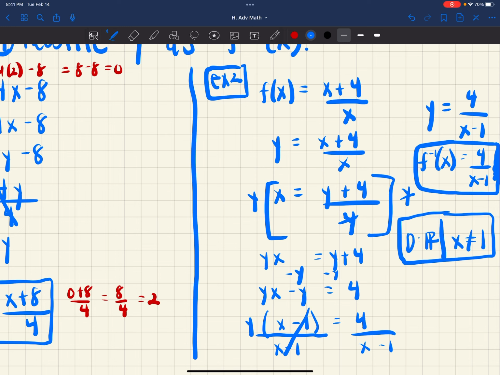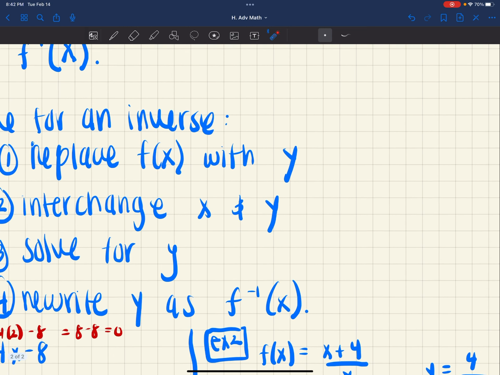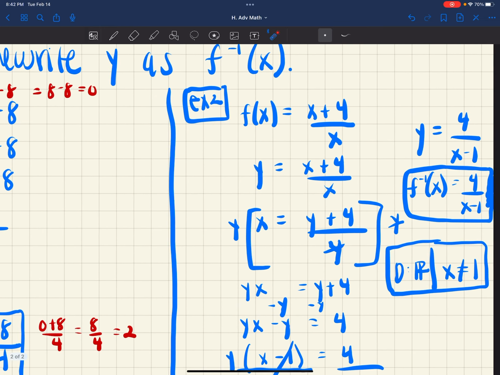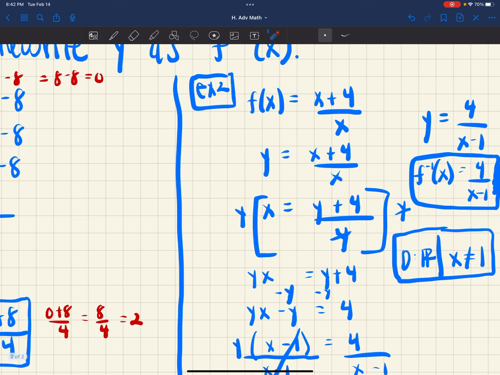inverse functions. Another property of inverse functions is that pretty much the domain of the original becomes the range of the inverse, and then the domain of the inverse is the range of the original. So that's another special property between functions and their inverses. Their domain and their range get swapped, which if you think about it in the mapping that I did earlier, you notice there that your domains become your ranges and your ranges become your domains in inverse functions and their original functions. All right, so that is how you solve for an inverse algebraically and how you restrict the domain